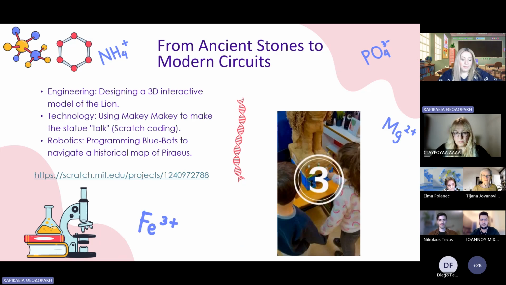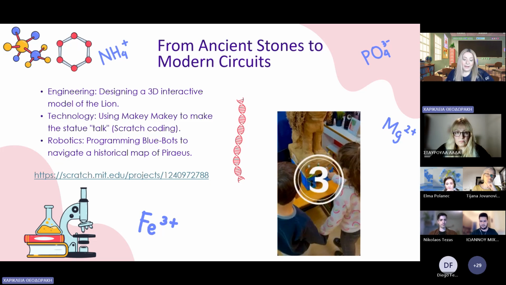In the implementation phase, our classroom turned into a makerspace. First, students used recycling materials to engineer a 3D model of the lion, as you can see before, applying spatial awareness and design principles.